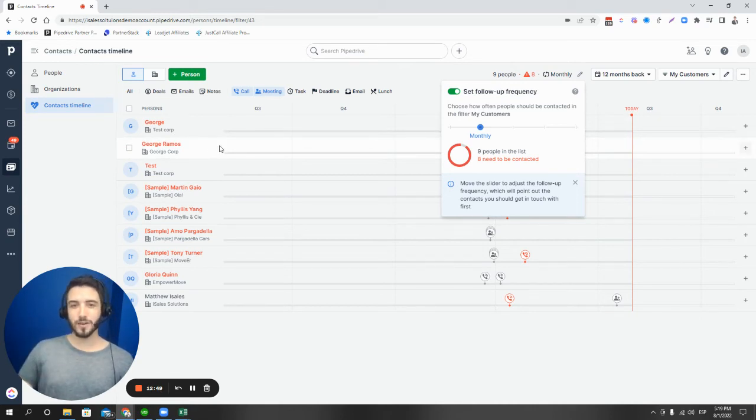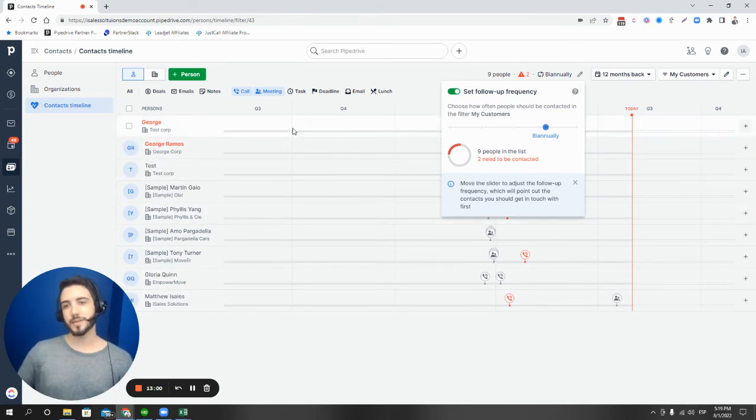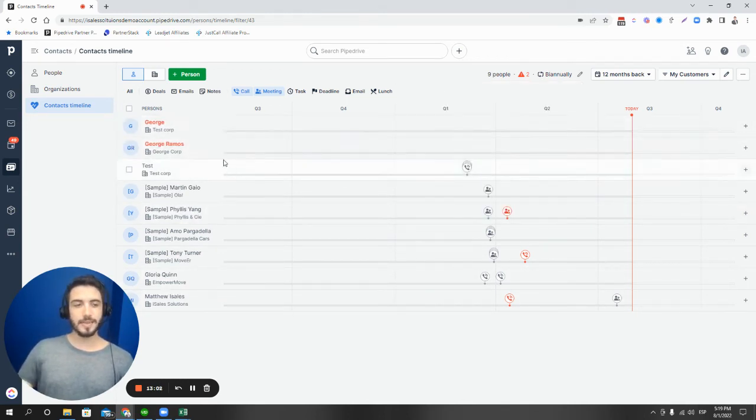I need to contact them because I haven't done it recently. Or you might say, okay, I need to contact them just biannually. Then only 2 of those 9 contacts would have to be contacted because they haven't been contacted yet. When you go to contact them, you can just click on the name, open up the file, and send them